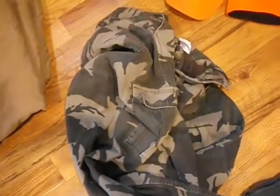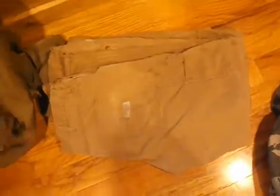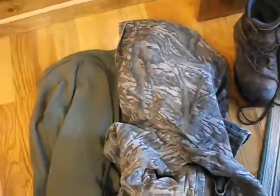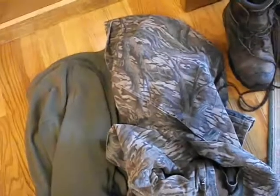So that's a Wrangler fleece lined, and these 3 over here are also Wrangler fleece lined. All 3 of them are brown. Using camouflage to hunt with is just not the highest priority when it comes to deer hunting. Come over here, this is my light sweater jacket. Temperatures are supposed to be in the 40s and 50s at highs during the day,